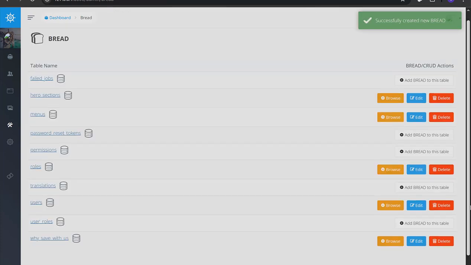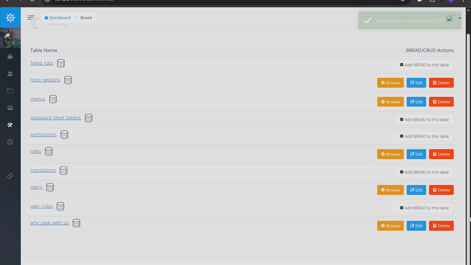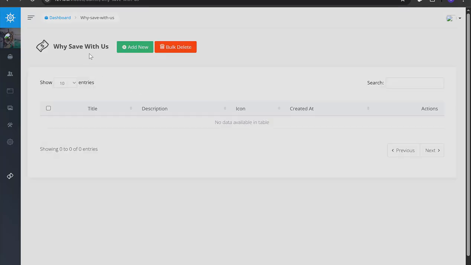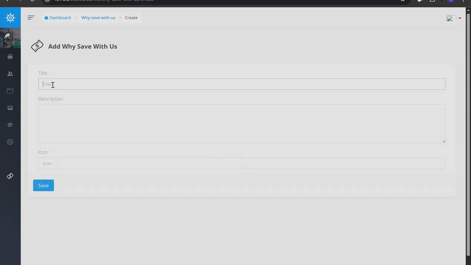So having added the BREAD for the Why Save With Us, you have buttons for browse, edit, and delete. So in terms of browsing, we can have a look at the table design, and we can have the ability to add. So for example, if we just add some testing data,